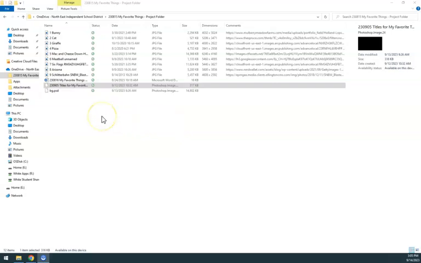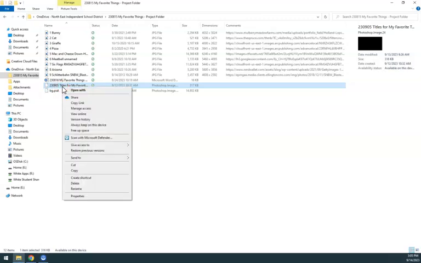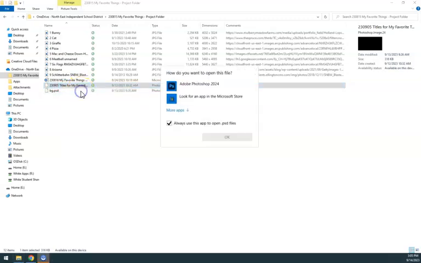So sometimes when we upgrade Photoshop, it forgets how to open the PSD files. You can see that Windows does know that it's a Photoshop image, but it doesn't have the PS icon next to it. You don't want to open this and then save it as a text file because that'll wipe it out. But if you right click on this, you can choose Open With, and we can teach the app how